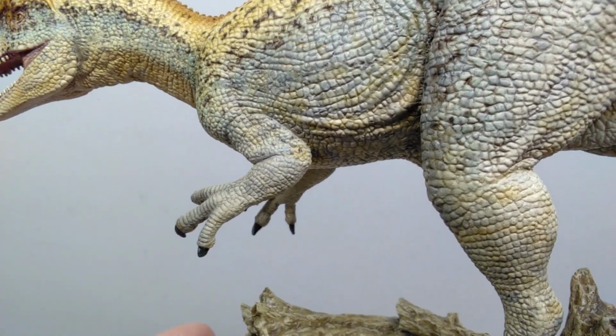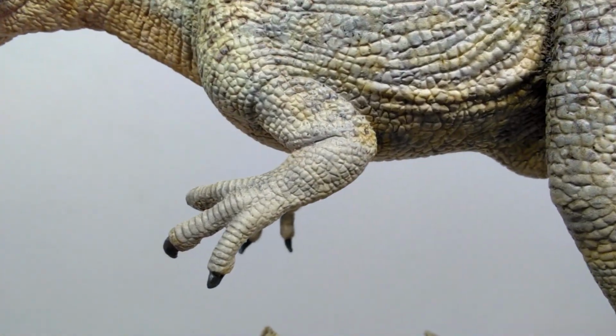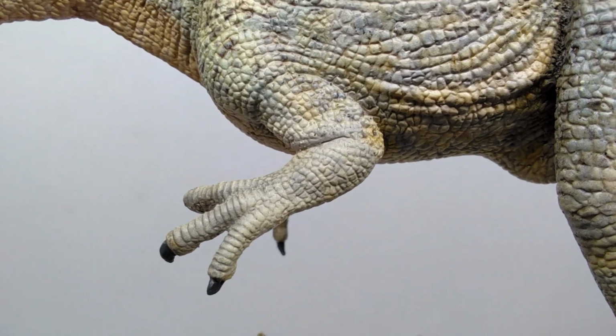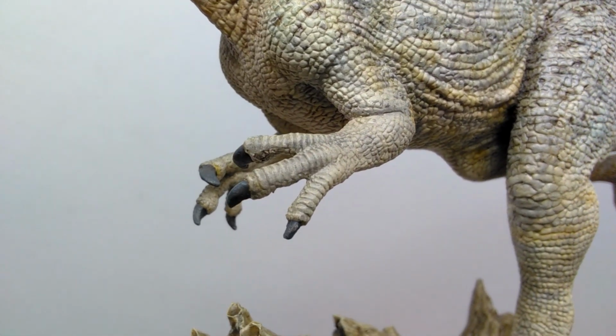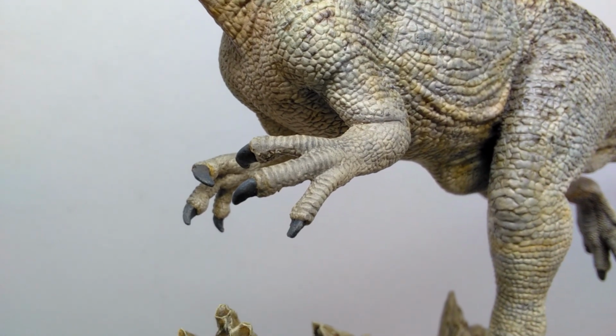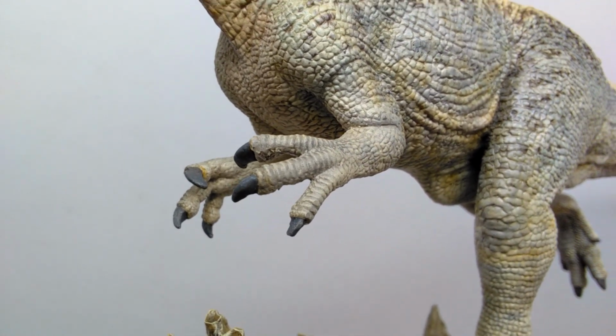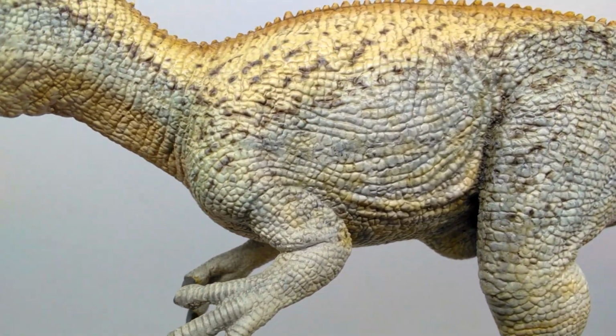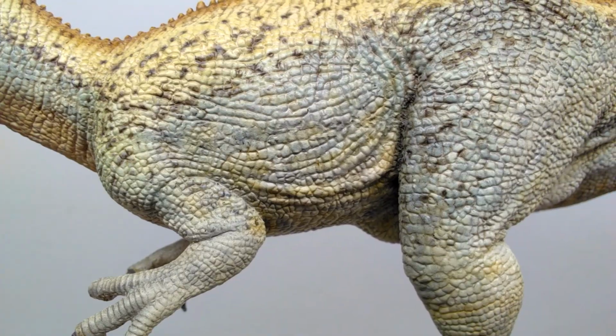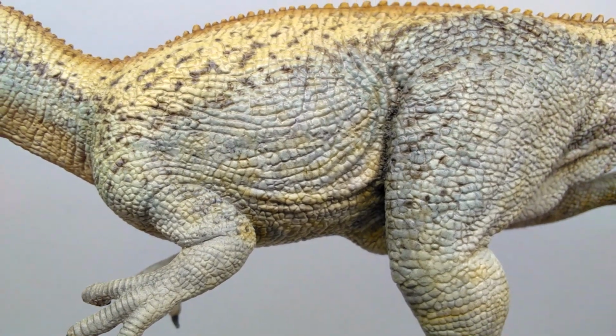The elbow itself is also nicely highlighted, and look at how incredibly vibrant and crisp the skin texture is. Guilherme's sculpt work is honestly out of this world, as is Shane's painting skill. As you move down, you can see a scoot-like appearance running down the fingers. Very nicely painted nails with a dark gray. Moving back up into the stomach region, we have some more nice looking skin texture, more nice looking scale detail,